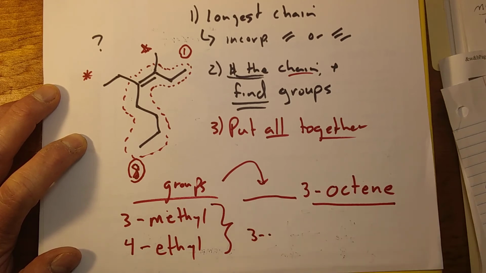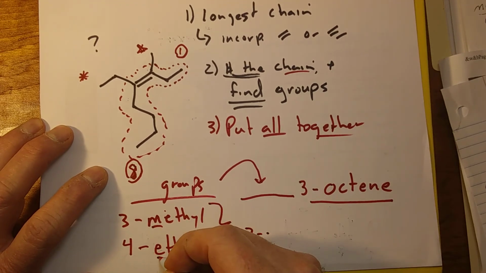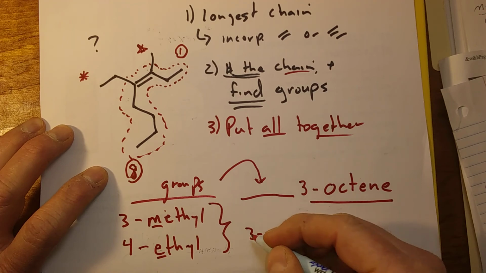3, this would be, oh, and I apologize, I have to be careful. Underline the M and the E. Who gets to go first is not based on numbers, but on